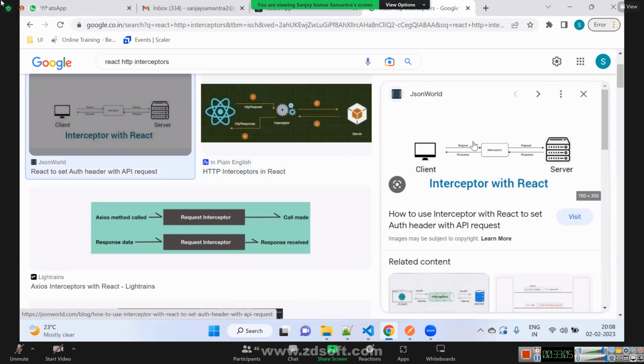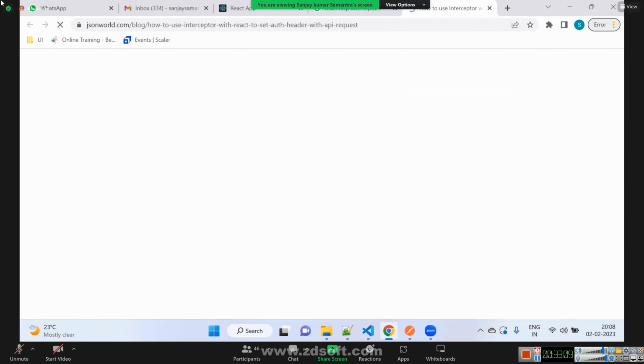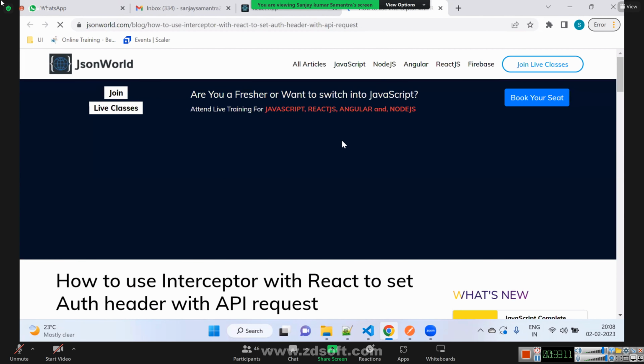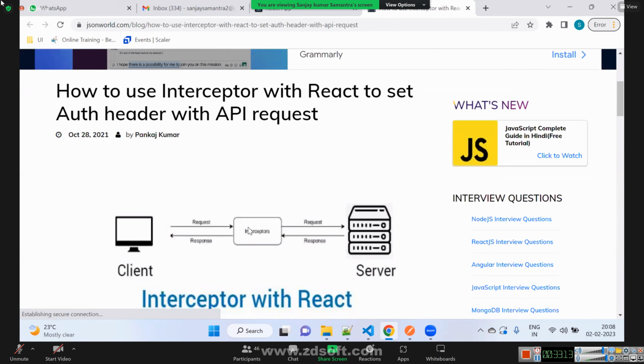The request will not go directly to the server; it will go to the interceptor. The interceptor will modify the request object and add something extra to it. Then that modified request will be sent to the server.